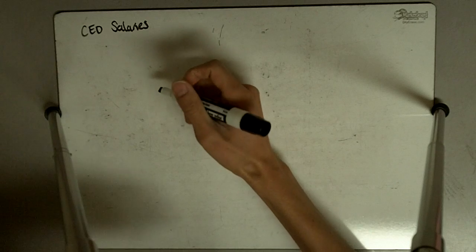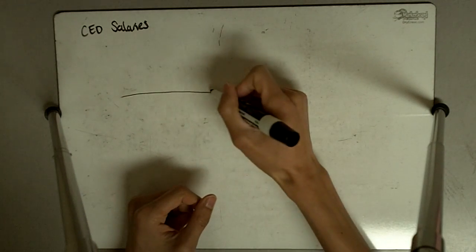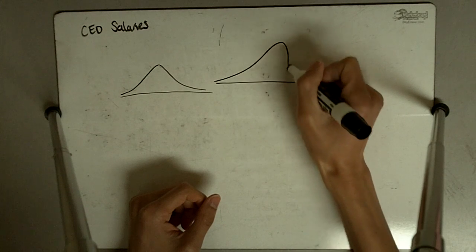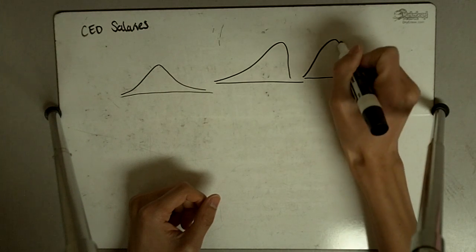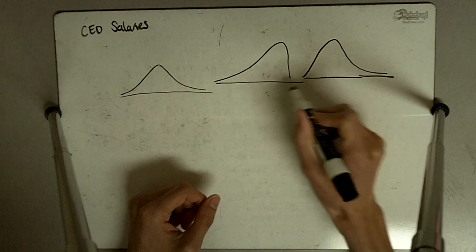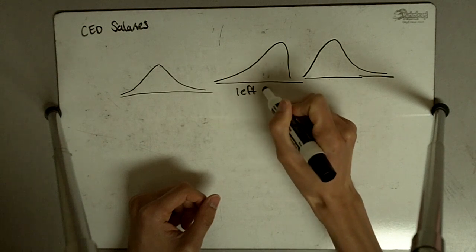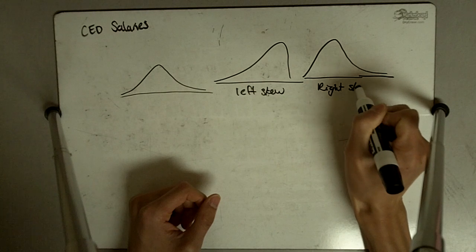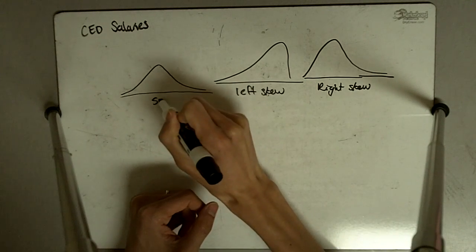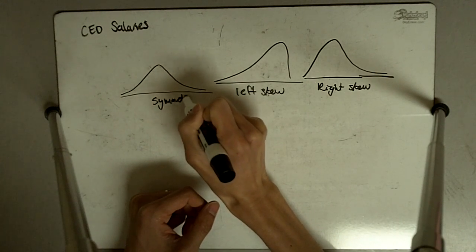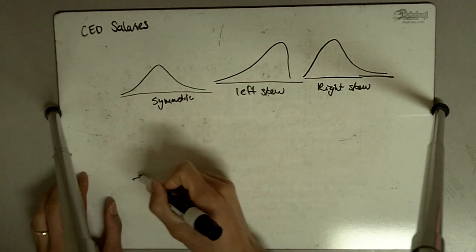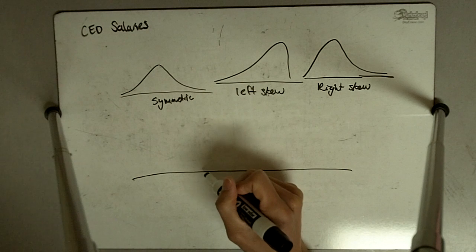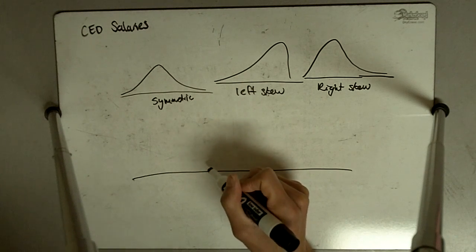distribution. Okay, so again, distributions can be symmetric, they can be left skewed, they can be right skewed. Okay, so this would be left skew, right skew. And this is symmetric. Okay, and so here we really have no idea what CEOs' salaries look like, but we know